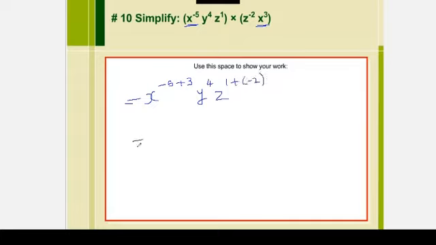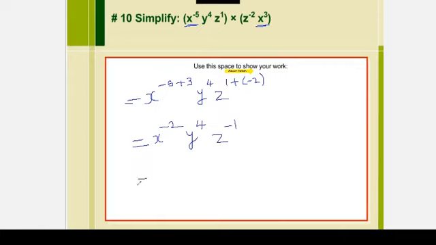Z with the 2. Now according to the integer rules, whenever you see two different signs, one negative and one positive, subtract the smaller one from the larger and keep the sign of the larger. I have explained this already. I hope you remember them. That is why when I subtract 3 from 5, 2, and the larger number's sign is negative, that is why negative 2. And y to the 4 is still there as it is, and 1 minus 2. So subtract it. The difference is 1 and the larger number is negative. That is why negative 1.